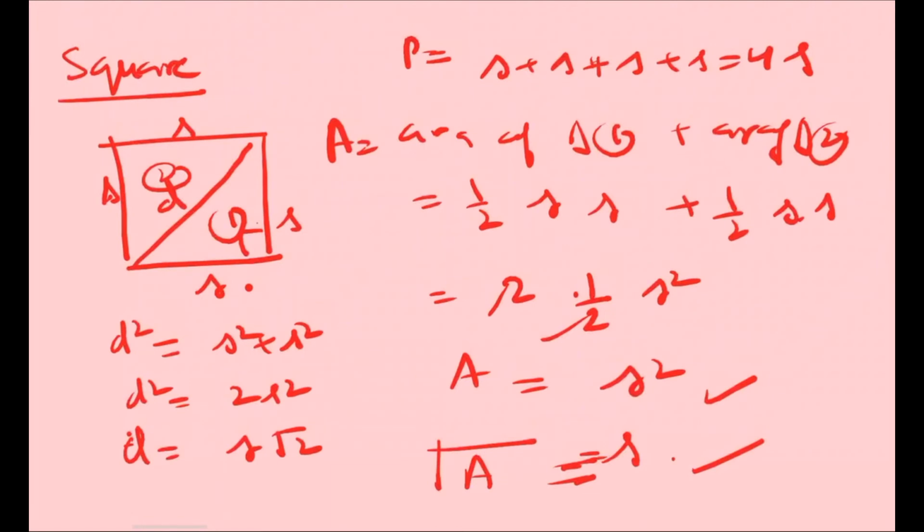Now using this formula you can find the diagonal, and using this formula you can find the area of the square, and using this formula you can find the side of the square, and from here also you can find the side. D upon root 2 equal to S. So this formula you have to learn. Now similarly if you go to the rectangle,